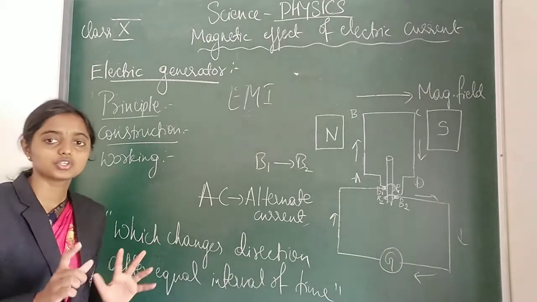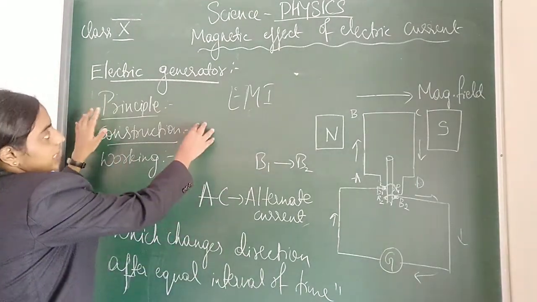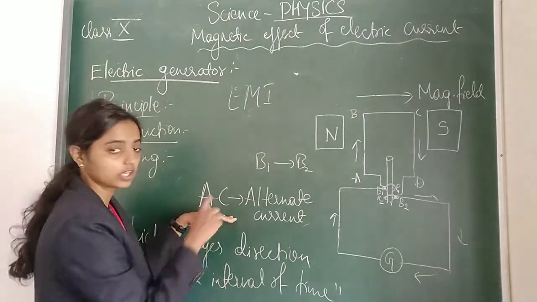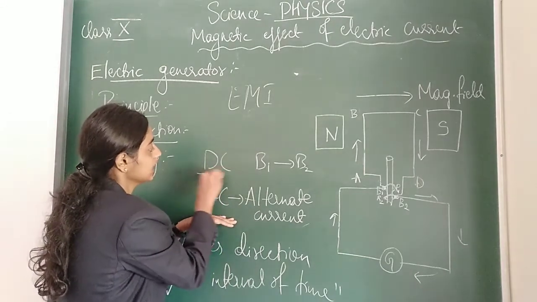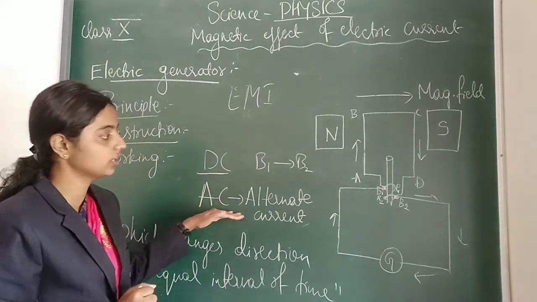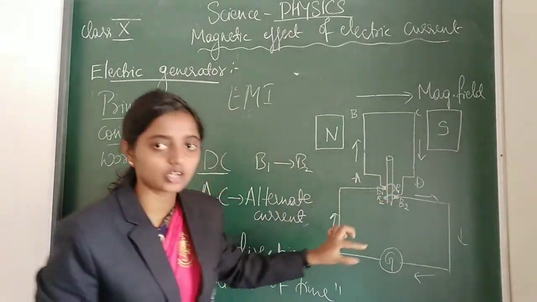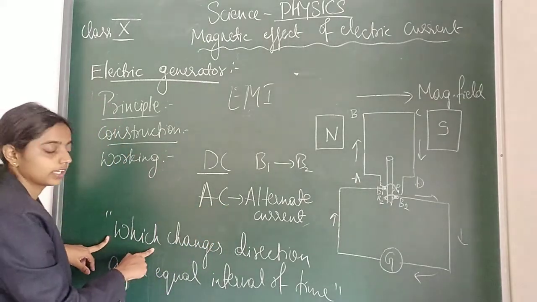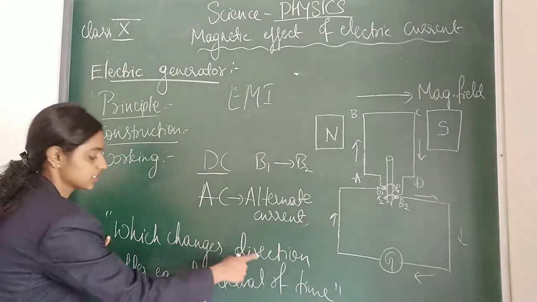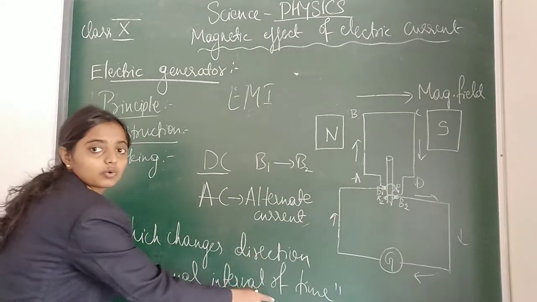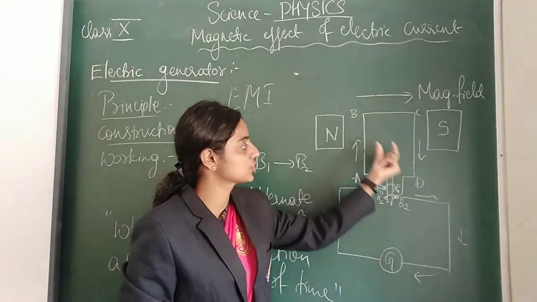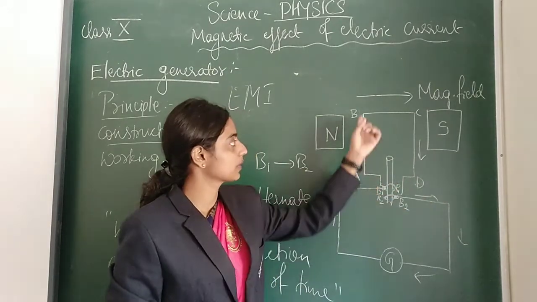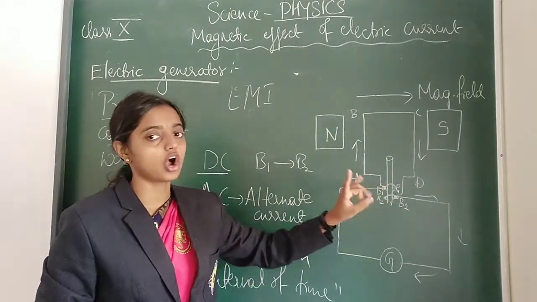So I repeat again, you should remember, because they won't ask only what is an electric generator. As I told you, here we are learning two more subtopics, that is alternating current. Next we have one more, DC, that is direct current. So here with these two rings R1 and R2, we are studying alternating current. Alternating current is nothing but the current which changes its direction after equal interval of time. So here we can observe the current will be changing after equal interval of its rotation, that is with respect to each arm. So here we are producing alternating current.